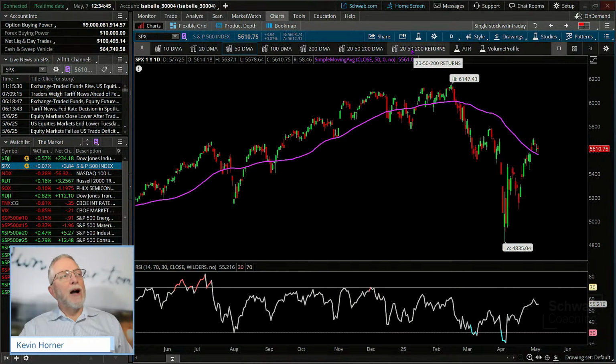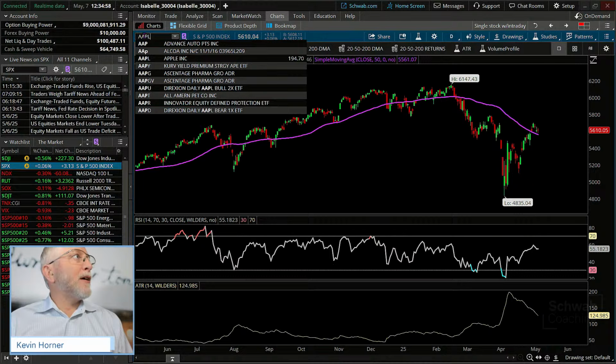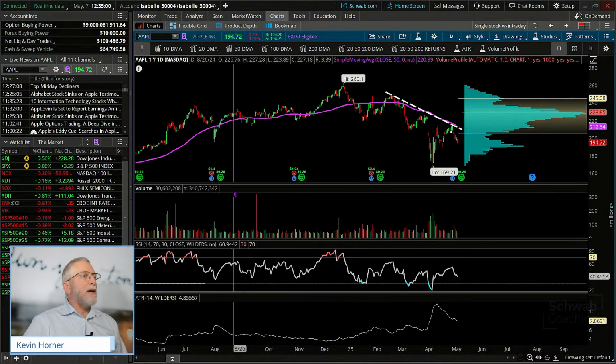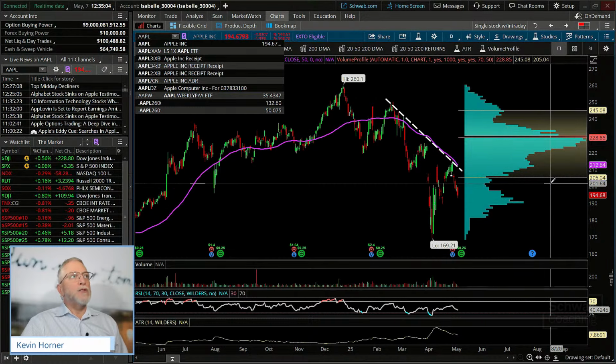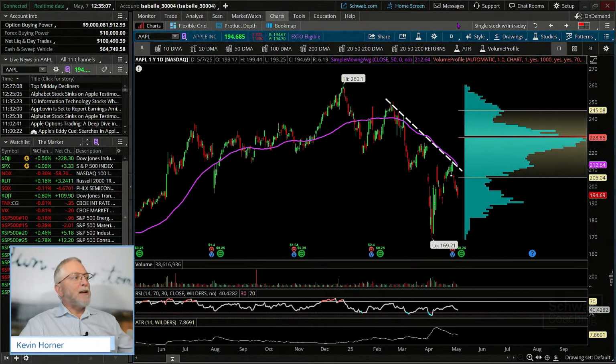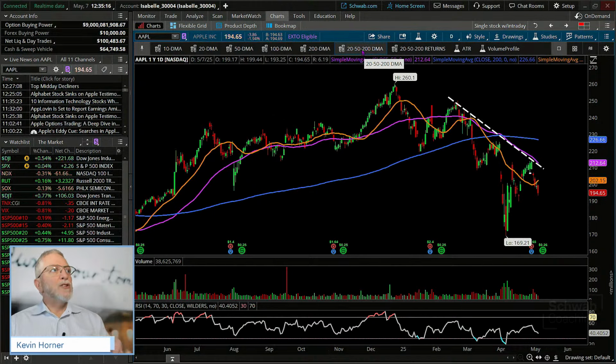So notice I've got my returns right there. If I wanted to add in average range, notice I can. If I want to add in volume profile at a moment's notice, I can. I won't do that on SPX. Let me throw in Apple here. Of course, Apple's not a recommendation in any way, but just to take a look at how we can highlight the volume profile as well. And then if I said, oh, that's great, Kev, but I want to get back to my standard 20, 50, 200, I'm right there. Okay, speedy, quick access to the tools that I want.